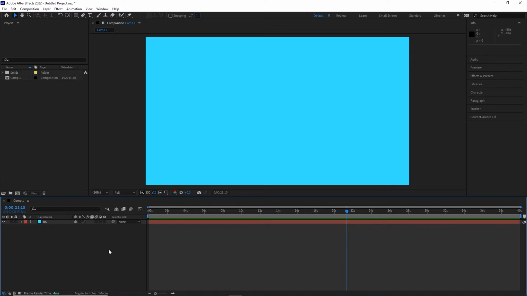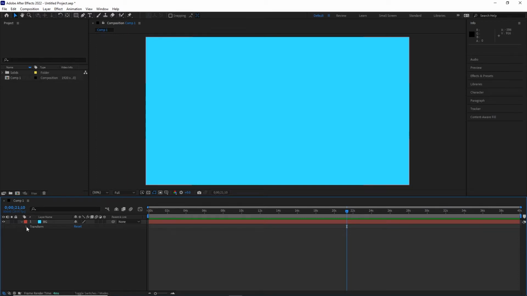Now every image, every solid, every shape, every video, every photo are going to have some kind of properties, and you can get these properties by clicking this little arrow. I won't be able to zoom in while I'm going to be editing, because I don't have a 4K monitor, and if I would zoom in, this would be blurry. So hopefully you can see this, but I have this layer, and in here I have this little arrow next to this red rectangle, and if I'm going to click this, I'm going to have an option for a transform,